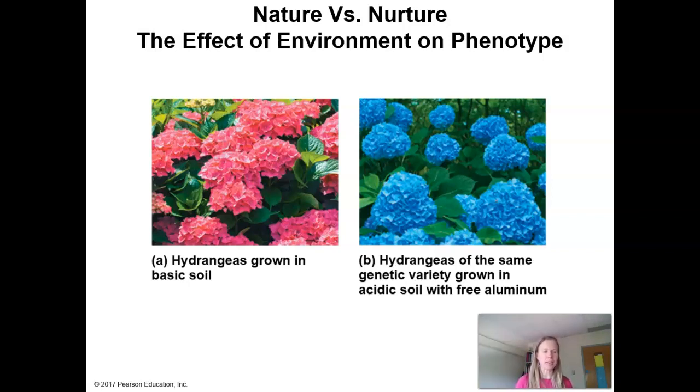You can have the genes to be tall and then not have a balanced diet, not have enough amino acids, right? Have gone through a period of starvation when you were a child, whatever, and you might not hit that height that your genes actually coded for. So the point is, it's much more complicated, but what we'll focus on really are the Mendelian genetics, because we can kind of wrap our heads around that, and it really is useful.